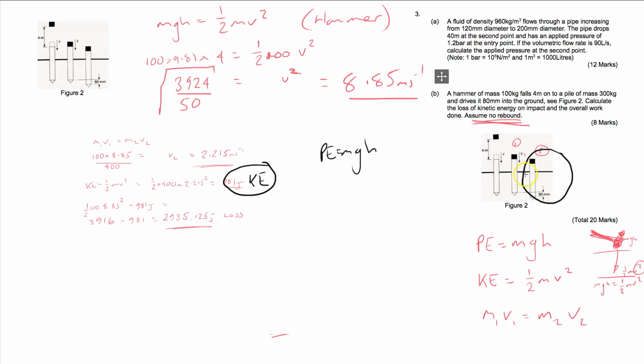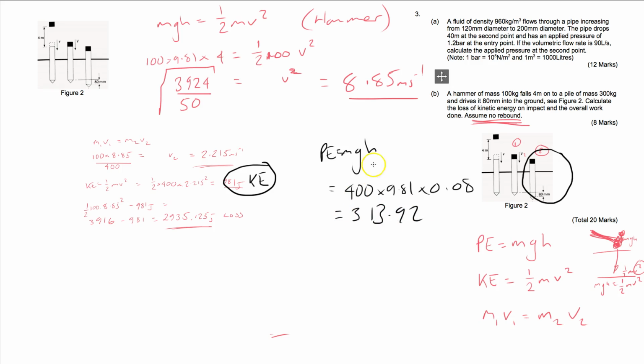The mass is 400 going down. Gravity is still 9.81. The distance travelled is 0.08. So we're going to end up with 400 times 9.81 times 0.08 equals